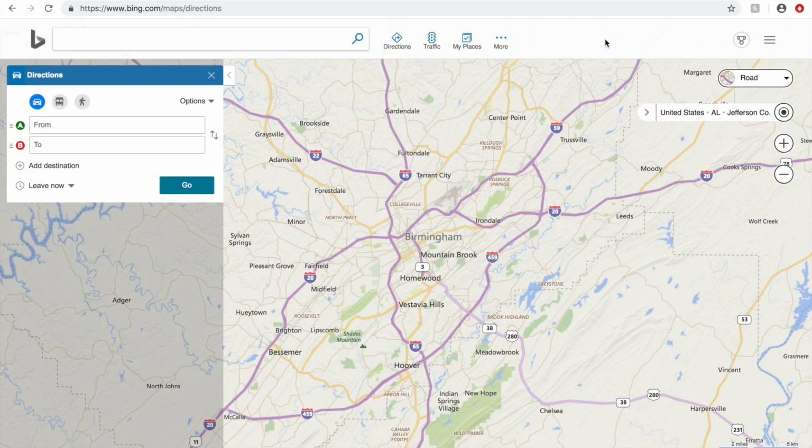I want to show you how you can practice your English language giving directions and maybe understanding directions with a very simple website that you can use by yourself, okay? And this is actually Bing directions, okay? So go to